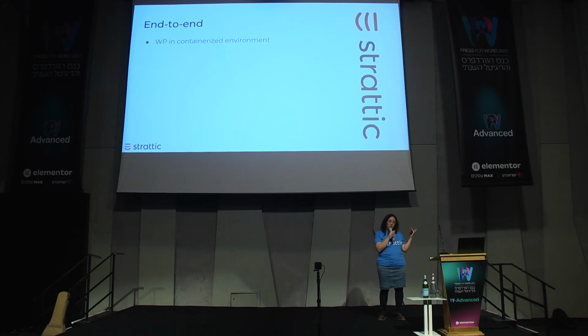So I'll explain how. So first of all, we host the WordPress site. It's in a containerized environment that shuts down when not in use. That's one of the crazy things about WordPress. You have the whole engine running all the time, even if you update your site once a week. It's crazy. Resource wastage and also just dangerous. It's like a sitting duck. So on Static, it's blocked from the internet. Only people with permission have access to the WordPress site, and it shuts down when not in use.